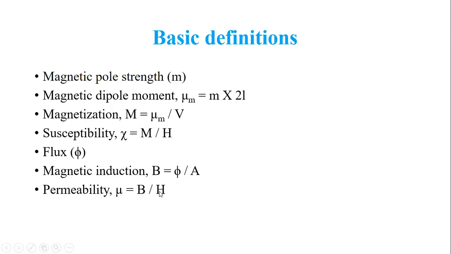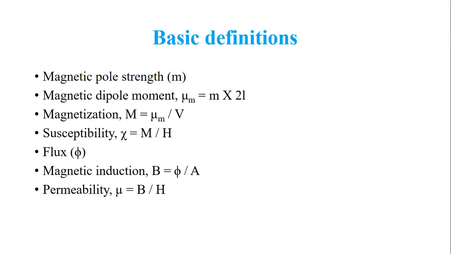So when you apply a magnetic field H, to what extent this magnetic field H is successful in sending the magnetic lines of force through the given magnetic material, that is decided by the parameter called permeability. Let us say we have three kinds of materials with permeability mu1, mu2, mu3, such that mu1 is lesser than mu2, lesser than mu3. Then naturally, material 1 has got least permeability while material 3 has got maximum permeability. So material 2 has got moderate permeability.